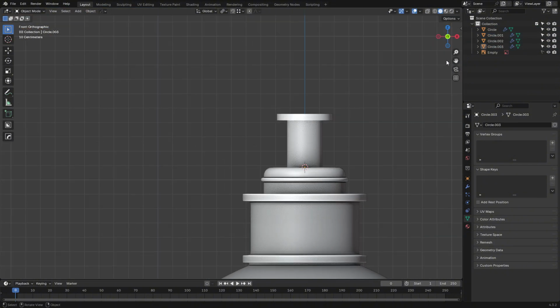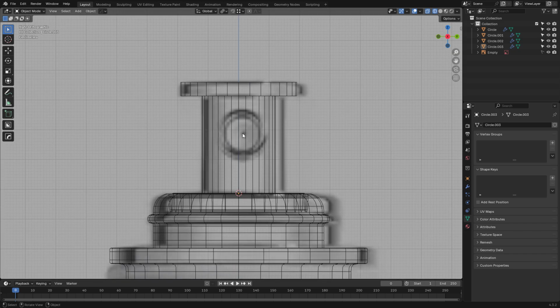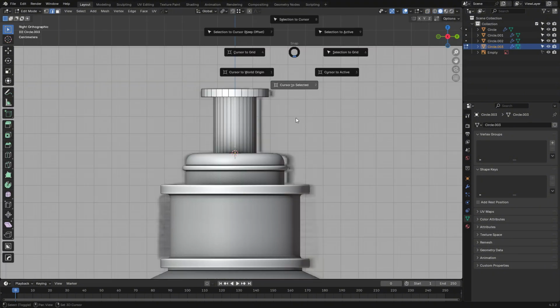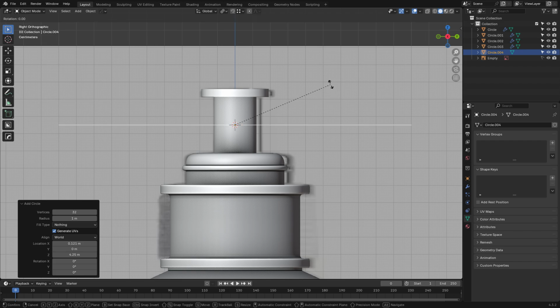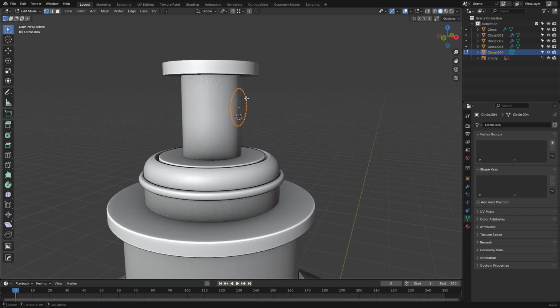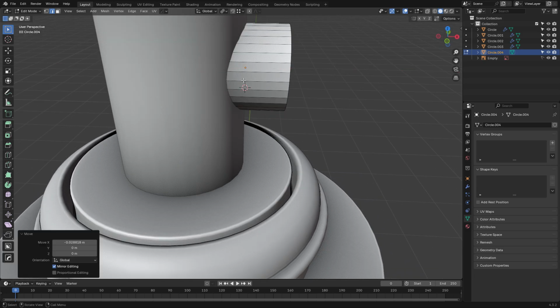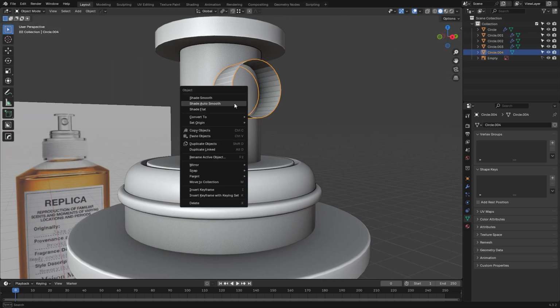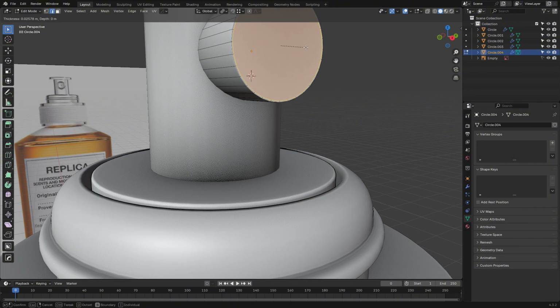Now, what I would do, basically the thing that you spray the fragrance. I don't know what it's called, but basically, you know what I mean. Shift S cursor to select it. And you're gonna add a circle, which you're gonna rotate by the Y-axis by 90. Scale it down. Now match the reference in edit mode, extrude X and snap it over here, and just move it into it. Can fill this face,